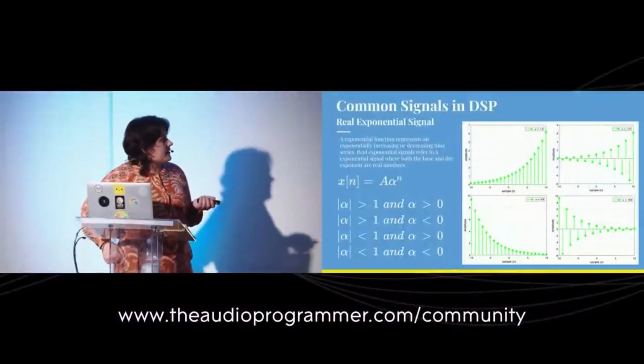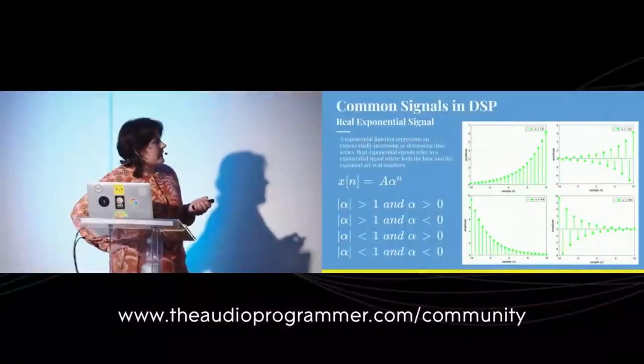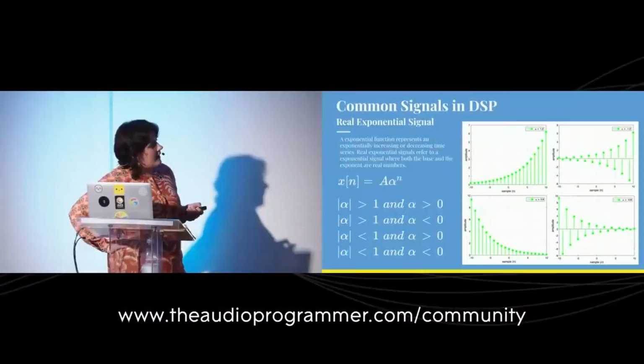Let's talk about real exponential signals. An exponential function is an exponentially increasing or decreasing time series. Real exponential signals refer to an exponential signal where both the base and the exponent are real numbers. We want to look at real exponential signals because we'll later get into looking at complex exponential signals, which are a fundamental building block of DSP. And I wanted to show you what the real exponential signals look like for different values of alpha. So if we ignore the scaling factor capital A in front just for a moment and look at what the effect of alpha is on each real exponential,